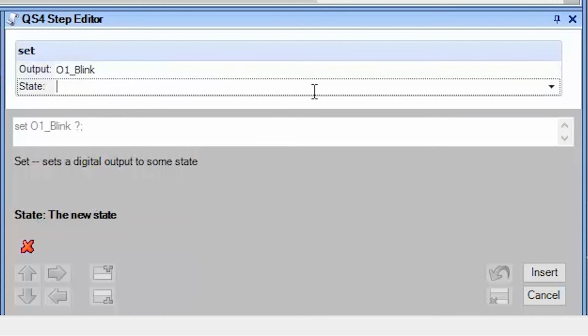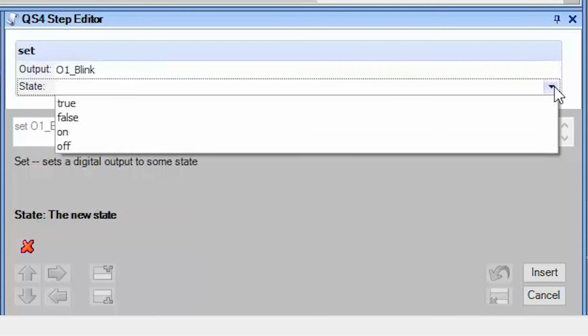And under state, if I click on that, open it up, it gives us two ways of defining the on-off status of this output, either true or false or on or off. They mean the same thing. They do the same thing. It's just whatever makes more sense in the context in which you're using this output. So we'll say on,